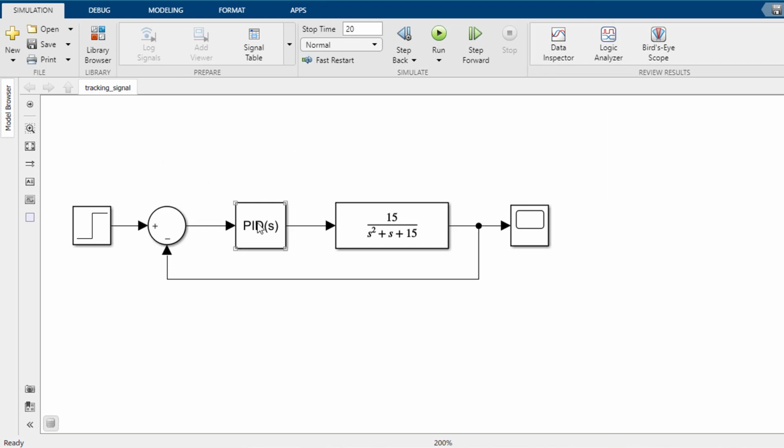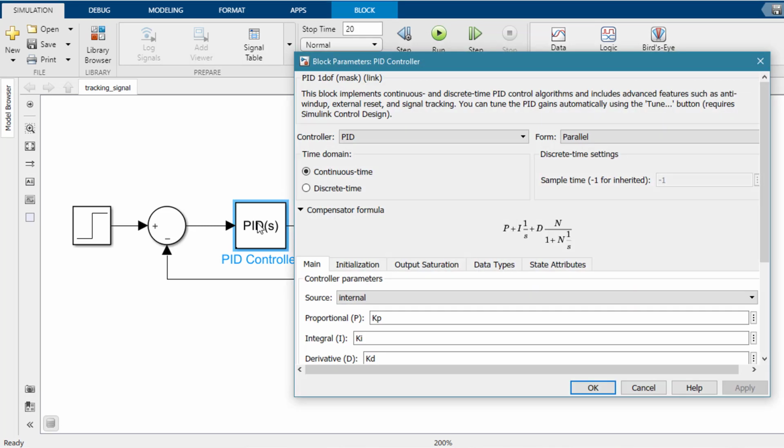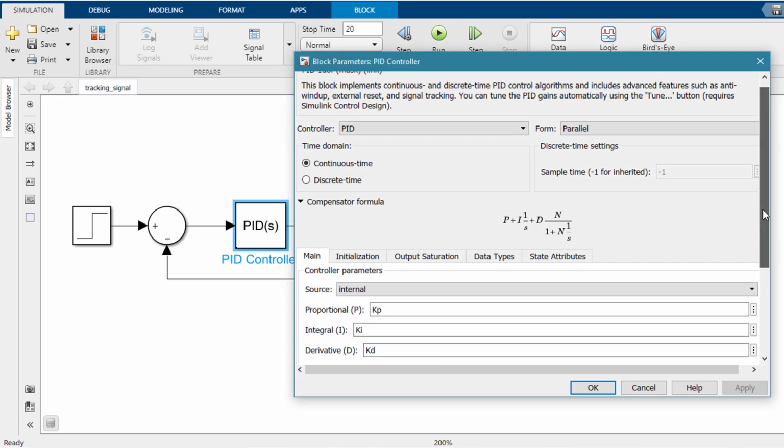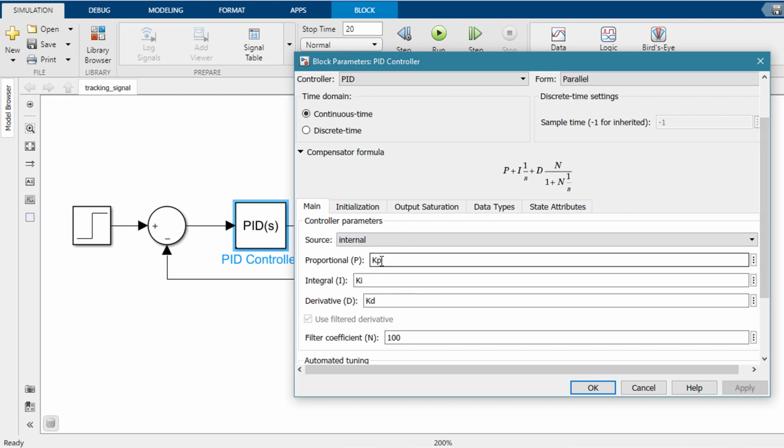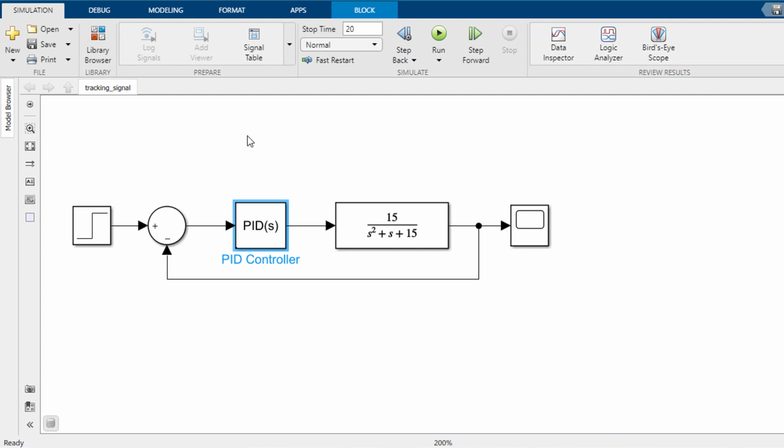In this case, we are using a PID controller. We add the variables that we want to estimate, these 3 variables, and let me initialize them